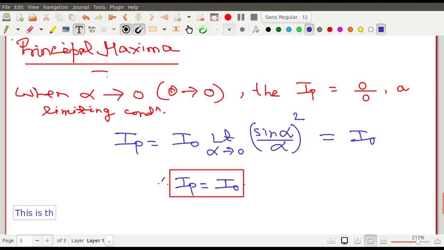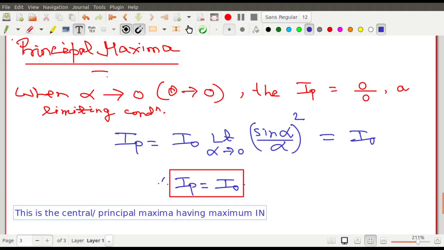This is the central or principal maxima having maximum intensity. Air intensity সব থেকে বেশি হয়।